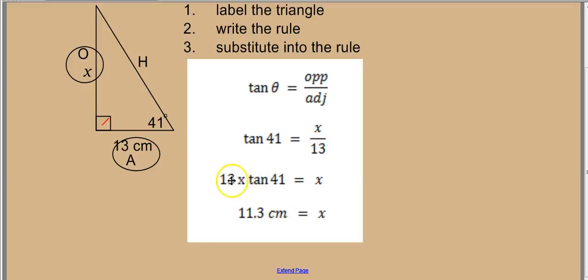So, in your calculator, 13 times tan 41, in that order if you've got a modern calculator, gives you 11.3 centimeters. Check to see whether or not the answer makes sense. If it was 113 centimetres, I'm thinking it's unlikely we're going to have a triangle that has a side of 13 and another side of 113, so that would be a mistake. Also, we don't know about the hypotenuse. Scratch that, rewind. So, go back over this and make sure you understand all the steps, because on the next